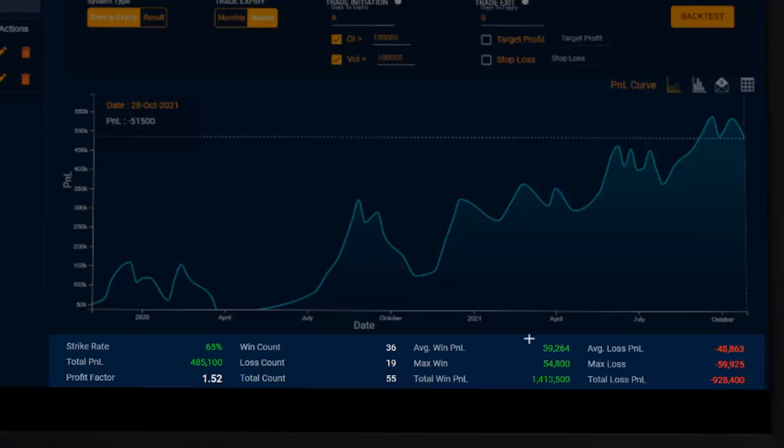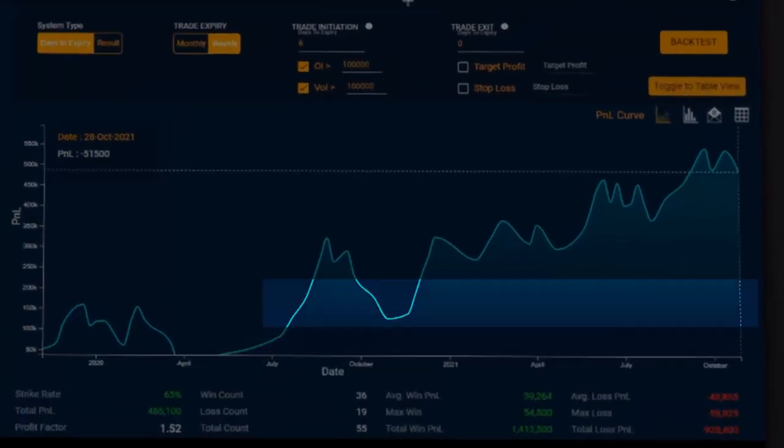Further we will get to see additional information. What was our average winning PNL, what was our maximum winning, total win PNL, we will get to see the average loss, the max loss, total loss and other information. Also we will get to see the profit factor of this strategy as a whole, which is basically total win PNL divided by total loss PNL. So every minute thing about the report for the strategy which we backtest, we'll get to see that.